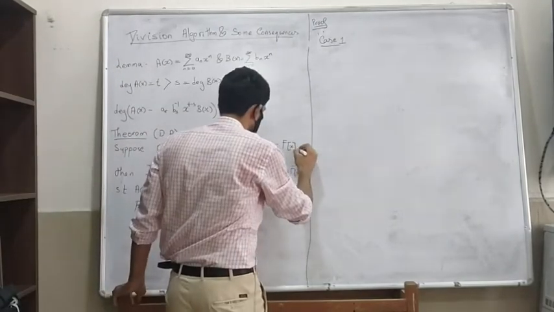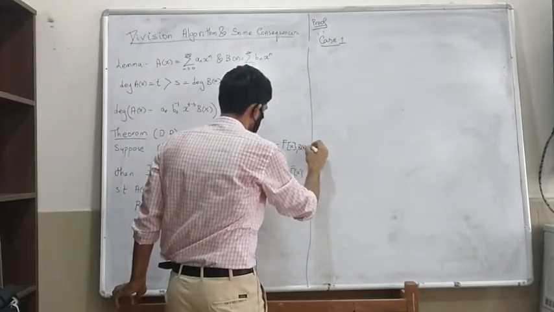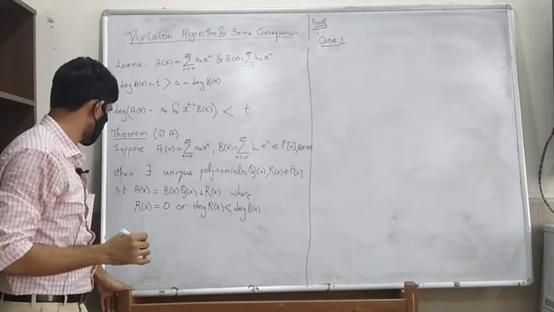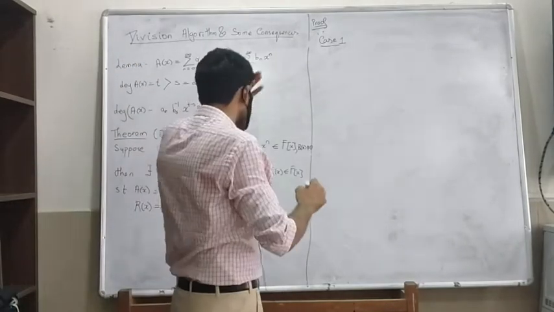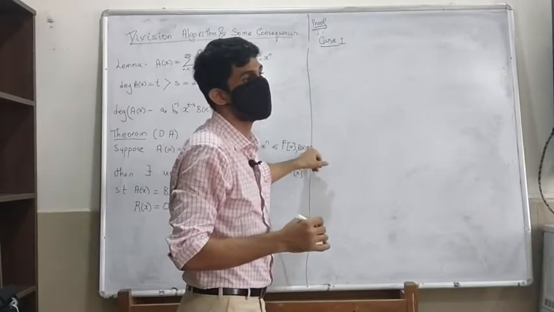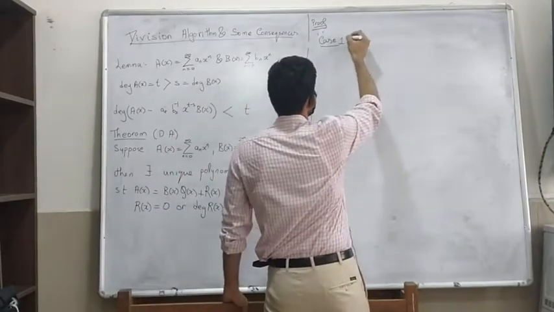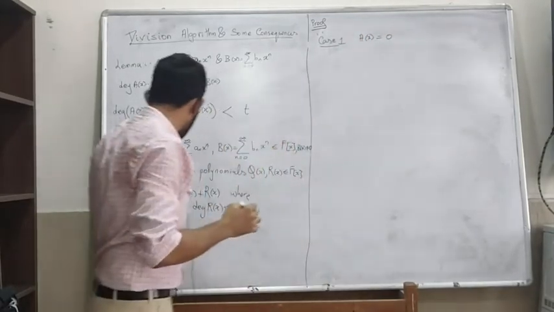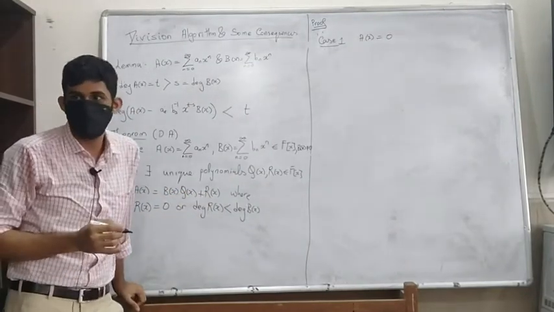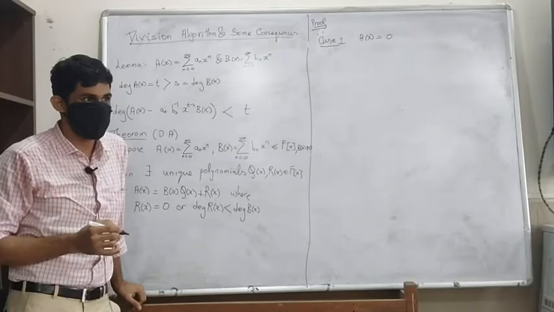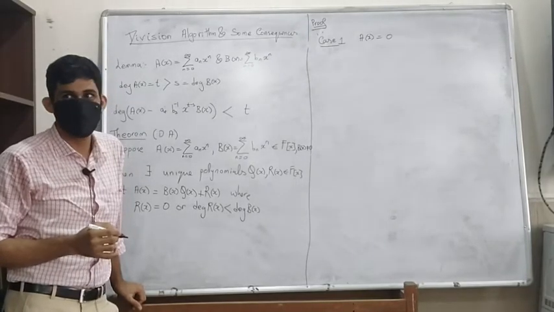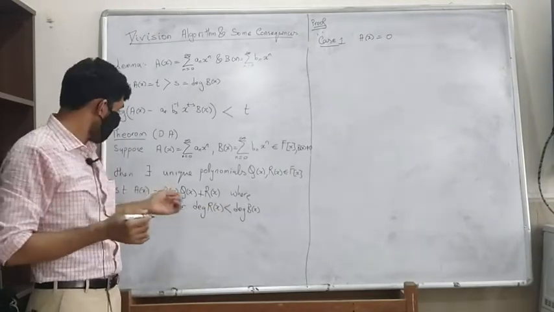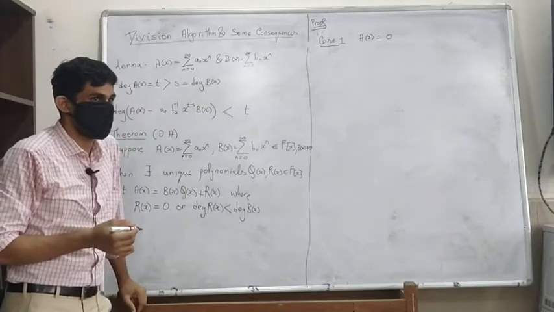One obvious thing is that b of x cannot be 0. I don't want to divide by 0. So case 1 is, what happens if A of x is 0? Is there an obvious choice for Q and R when A is 0? It has to satisfy this property. So is there an obvious choice for Q and R if A is 0?